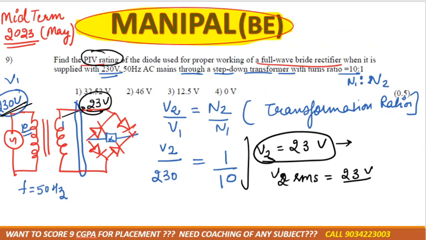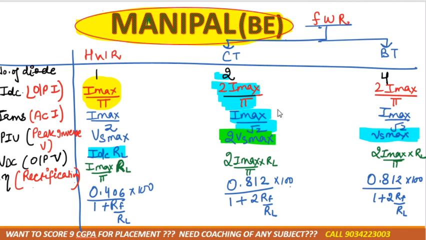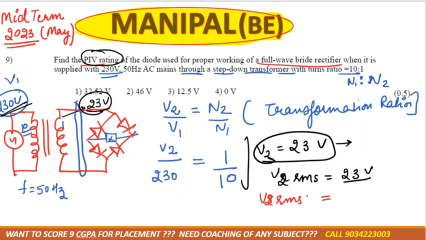But we have RMS, so we know the relationship between RMS and maximum: VRMS is equal to Vmax by root 2. So Vmax divided by root 2 would be 23 by